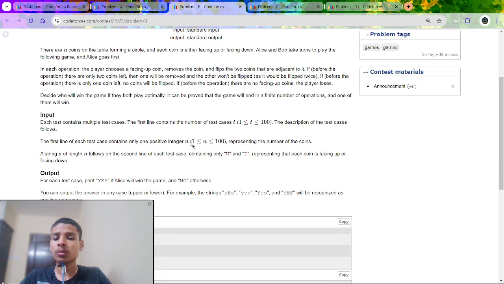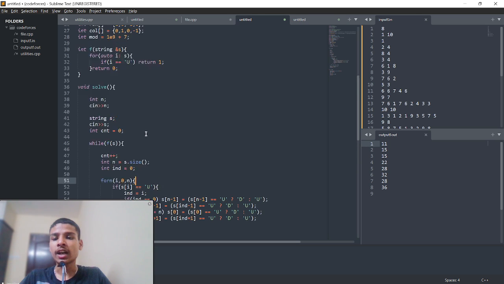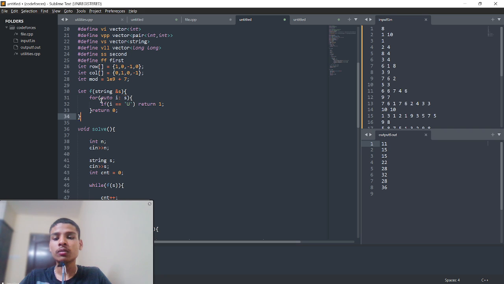Okay. You can brute force this also. So let me tell you how you can brute force this. Simply, I have made a function: if none of the characters in my S is equal to U, then I will simply print 0, which means I cannot perform any further operation, which means my current user loses the game. If any of the characters is equal to U, which means you can perform an operation,